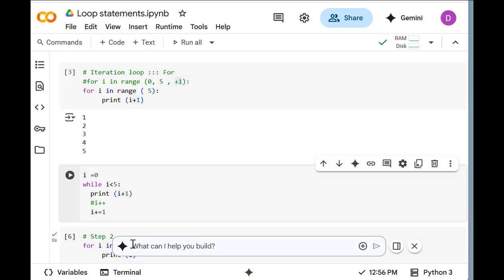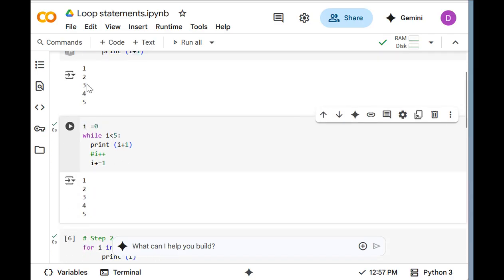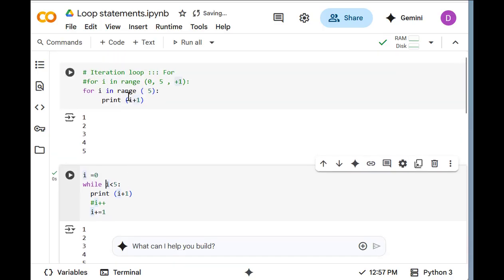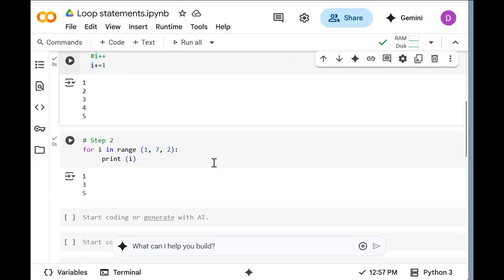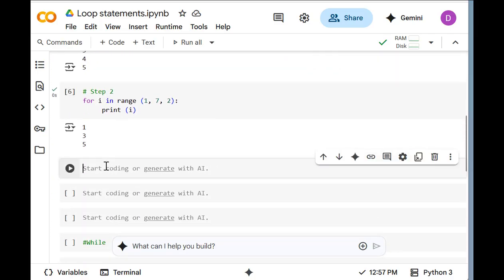Okay, let me run this one. Now let us run. You see, I get the same result: 1, 2, 3, 4, 5, 1, 2, 3, 4, 5. The same result that you can see from the for loop and from the while as well. Okay. Now let me move forward to more about